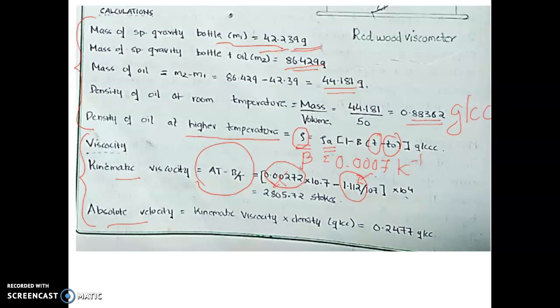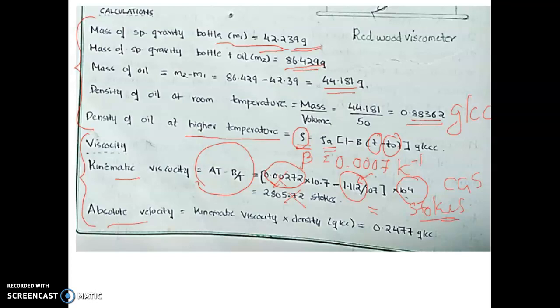Directly, our kinematic viscosity is available in Stokes. This one is also wrong, don't use this 10 raised to 4. So the value given by this equation is in Stokes. Stokes is a unit in the CGS system, so we are following the CGS system here. The value given directly by this equation is in Stokes.